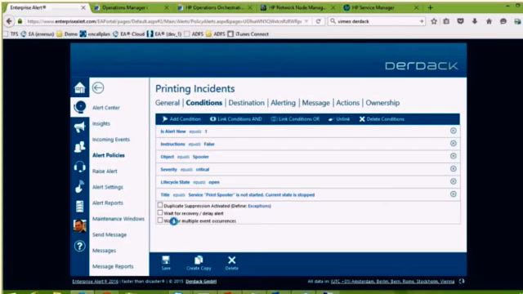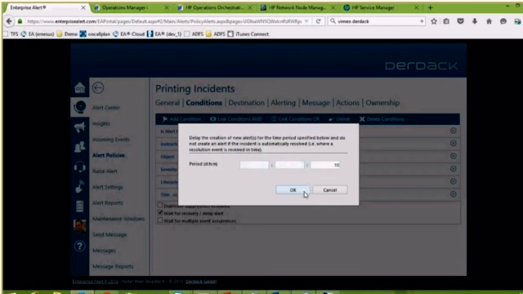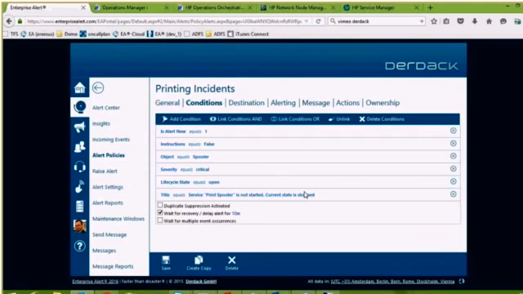A nice feature is also activating this checkbox, wait for recovery. In this case, we would not send the push notifications or voice calls immediately in case there is a basic condition match. We would rather wait for a specific amount of time, usually, I'm not sure, maybe 5 or 10 minutes. And then if we receive an update from OMI that the problem disappeared by itself, let's say a service restart that has been configured automatically was successful, then we don't send a notification. Meaning we are aware of the issue and we know whom to notify and we are ready, but we give it some minutes to recover automatically, which is great in the middle of the night